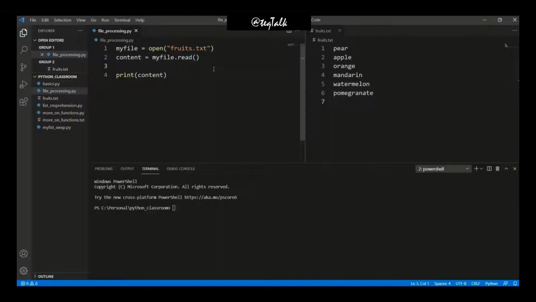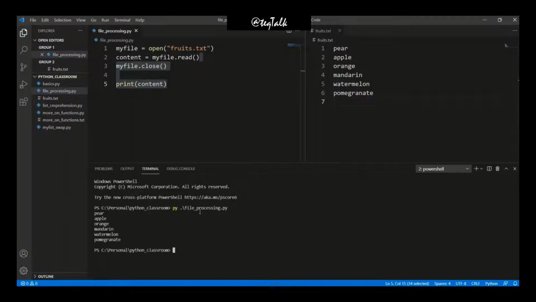So the same thing we have to do using our Python code. Using this open function, we are creating this myfile object in our computer memory. Now if you want to close it, we have to apply the close method, myfile.close. Now if I run this program, you will see that the output is the same, there is no big difference,